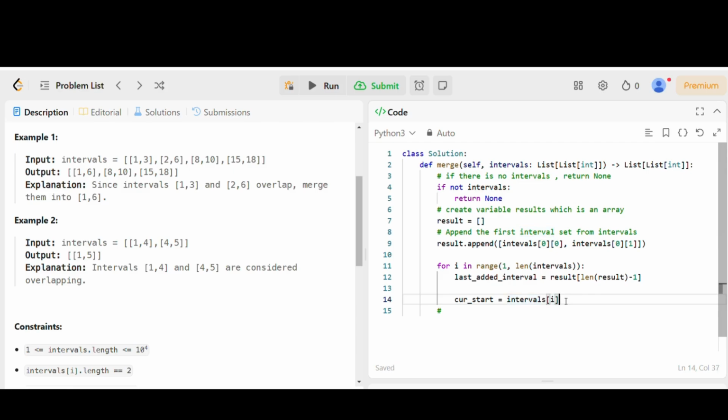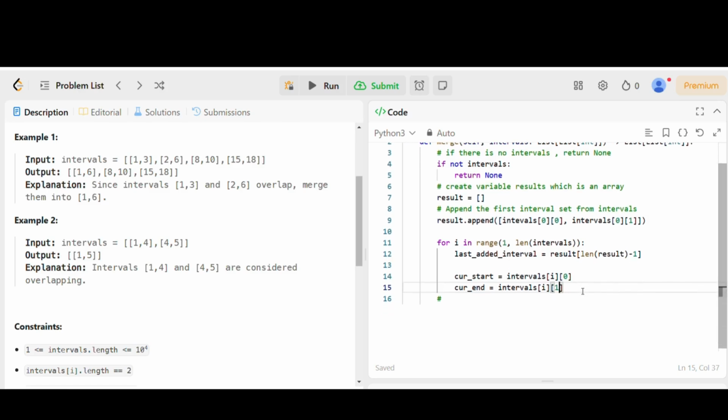Then we're going to have a current end, which is going to be intervals i 1,